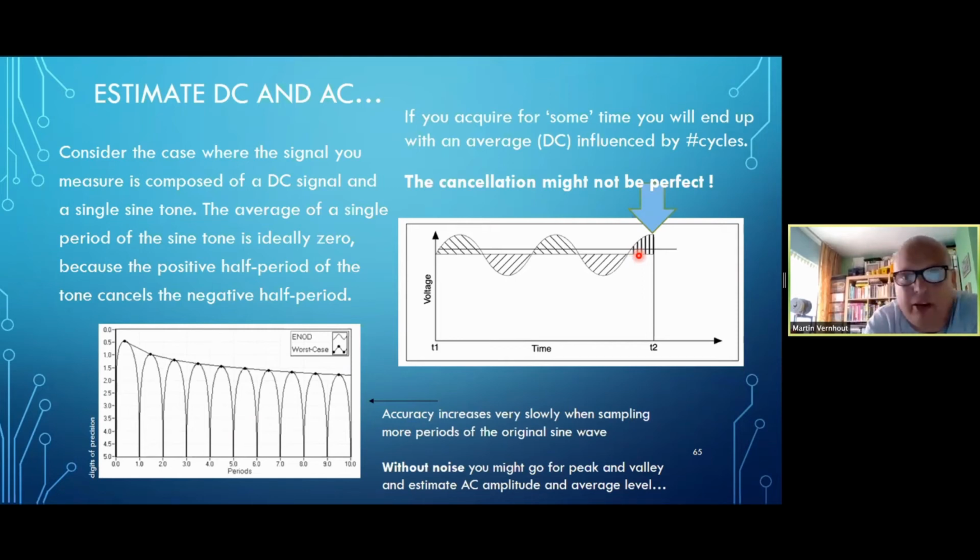So how do you measure or how do you differentiate the DC from the AC? Well, that cancellation is not perfect, so you could do something very simple. Acquire more. Because if you acquire 1,000,000 times that sine wave, the influence of that last sine wave, which is sampled high or low at the end of the period, is not so important anymore. So you get diminishing influence of that last bit of sine wave. But of course, your measurement time increases drastically. And there are smarter ways to do this.